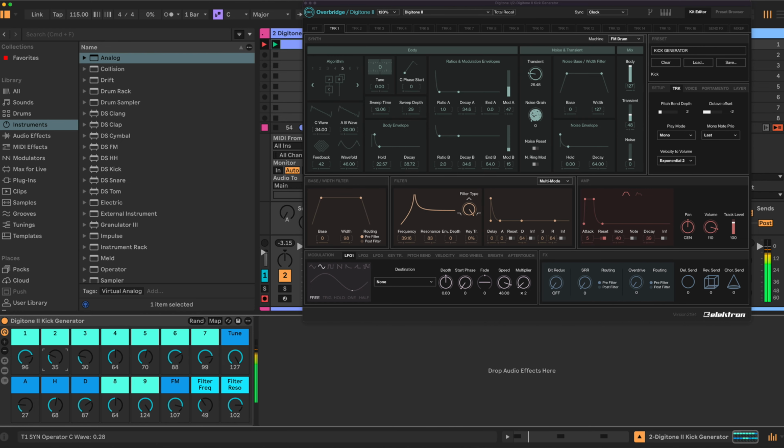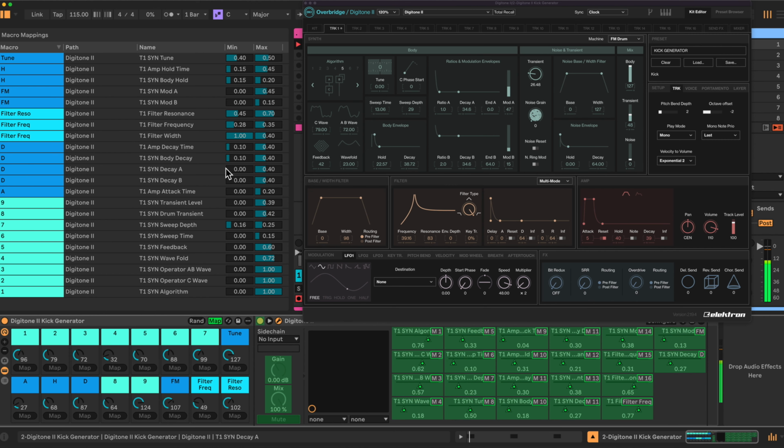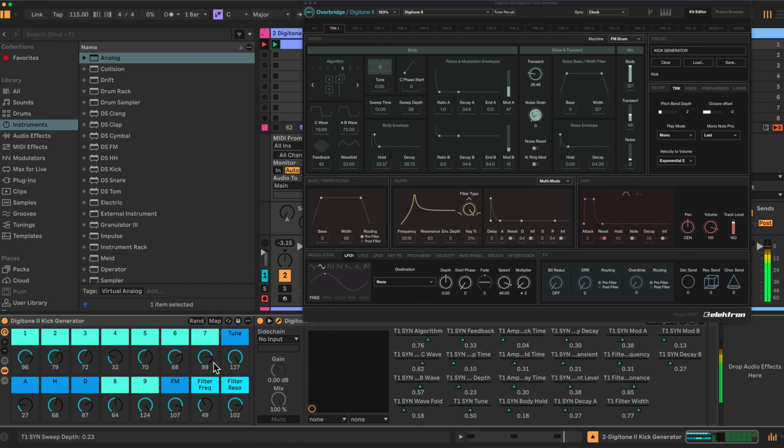So I've mapped some of the functions in Digitone and I've constrained them in a certain manner so that we're always in the sort of kick drum ballpark, as close as we can get to it. So that allows us to then hit random, maybe tweak it around and generate